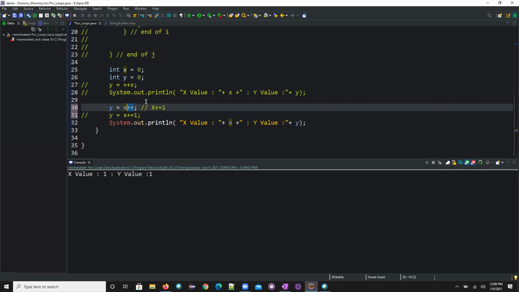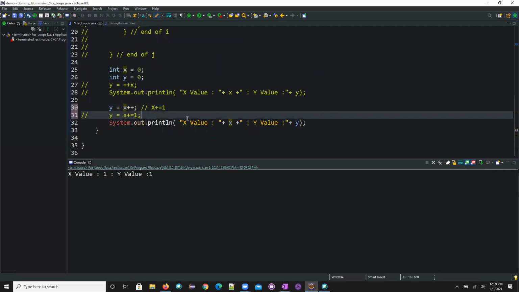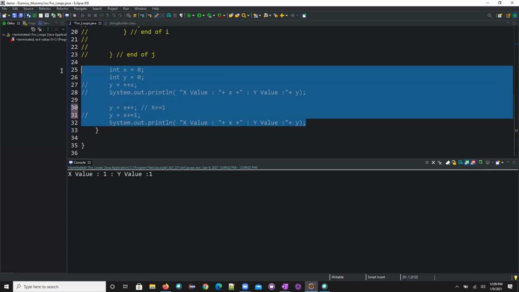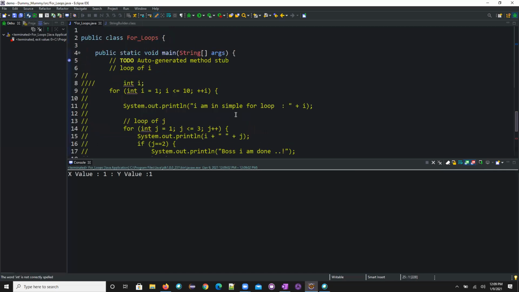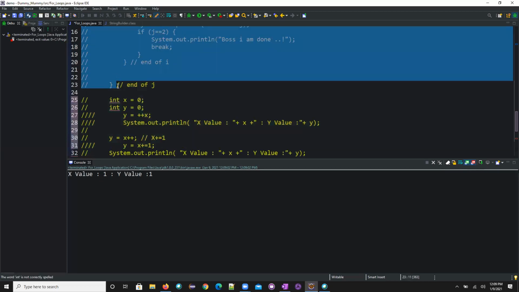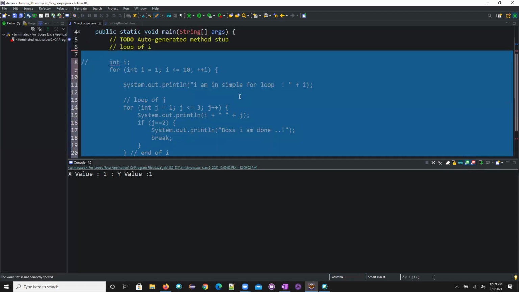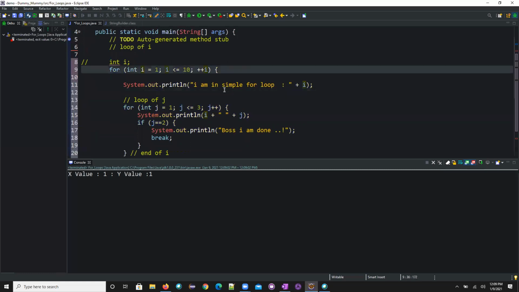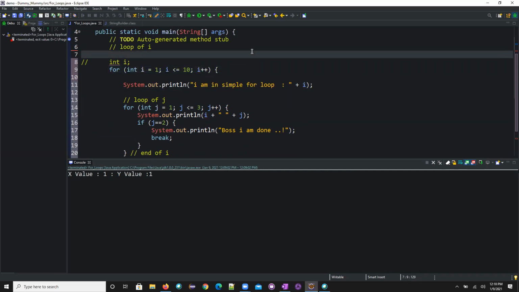Now come back to your for loops. In the for loop, you didn't see any major differences, right? Now I'll show you the difference, how it will come. So if you come here into your for loop, okay, here we have used I++ and we have this one plus I++.